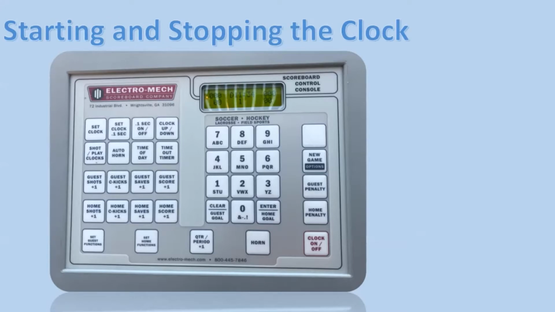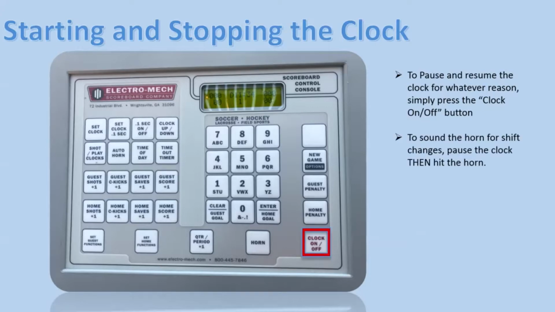Okay, starting and stopping the clock. A useful skill if a player gets hurt, or for 8U when we do shift changes. It's very easy. So to pause and resume, all you have to hit is the clock on off button. Okay, for 8U, we stop the clock for shift changes because they take a little bit longer to get on and off the rink, and we don't want to waste valuable playtime. So we stop the clock,